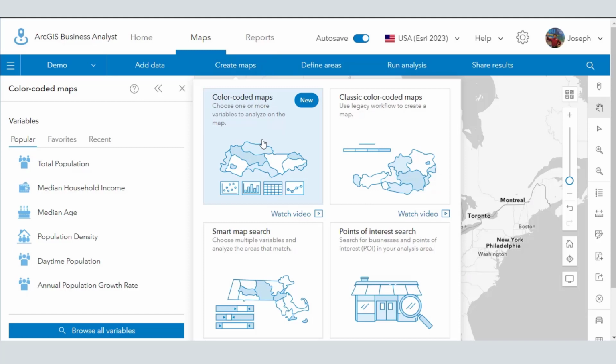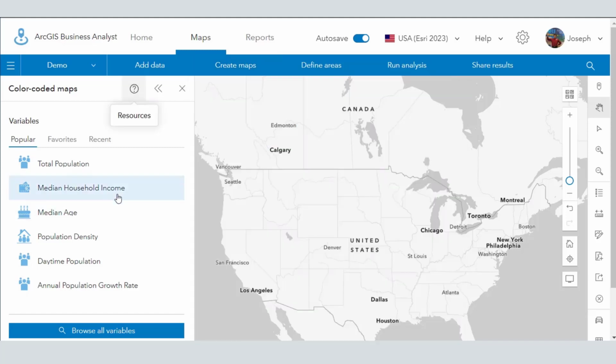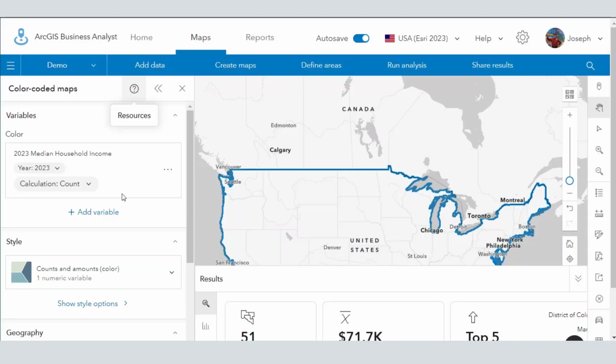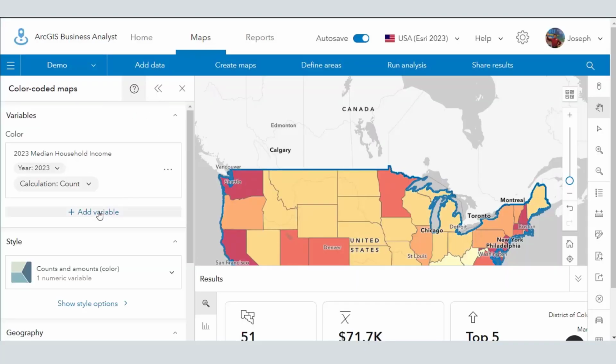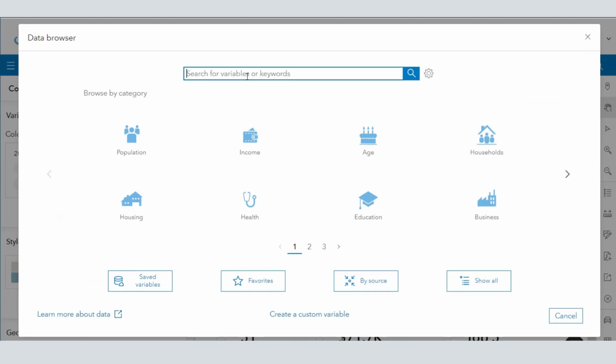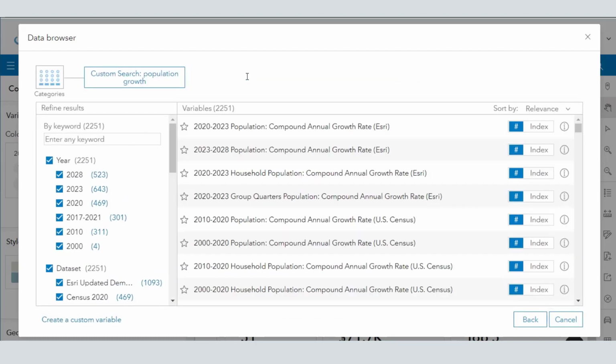Okay, folks, we have dipped a toe into the waters of making color-coded maps or choropleth maps. In this section, let's go ahead and do a bit of a deeper dive. Not too deep, but a bit of a deeper dive, and make a bivariate map. I'm using, as you can see, the